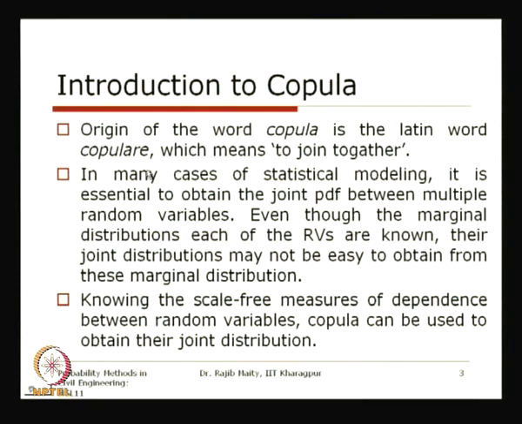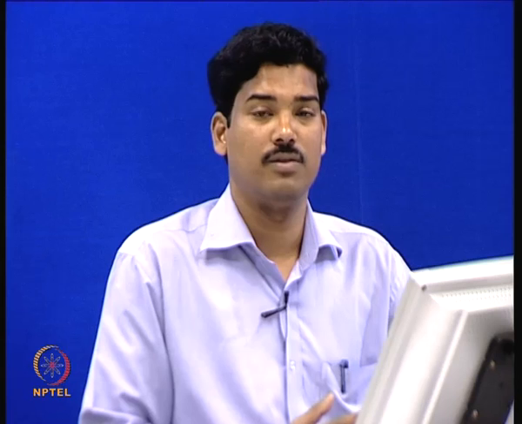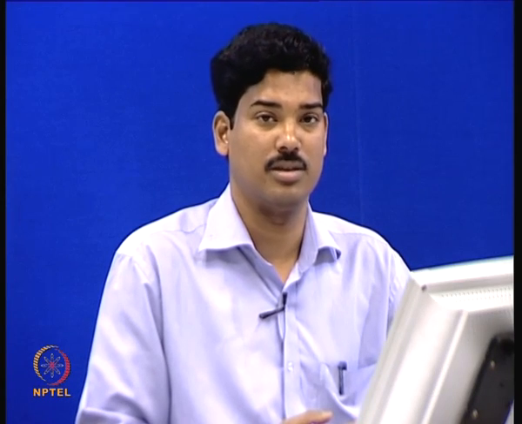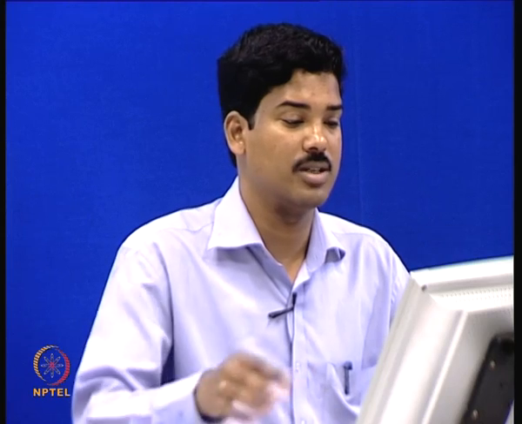So, the meaning of this word, this is basically a verb, and the meaning of this verb is to join together. Here, as you know, we are just joining two marginal distributions of two random variables to obtain their joint probability density function or joint CDF. So, basically we are taking two marginals and joining them to obtain their joint distribution. That is where the name has been taken from, that Latin word, and this is the background of this word